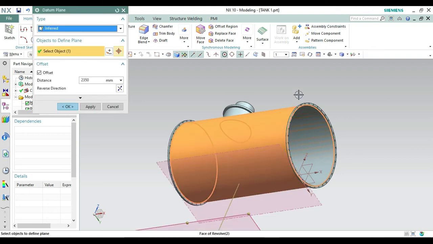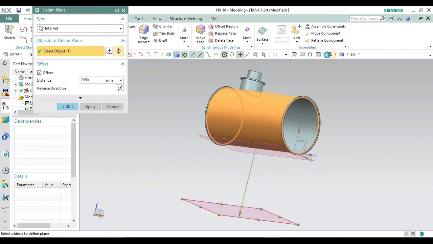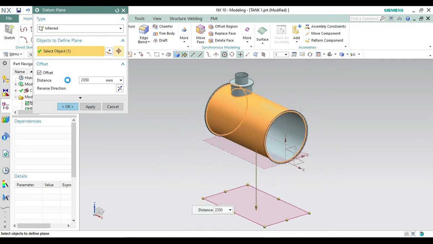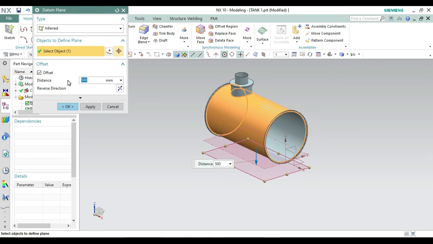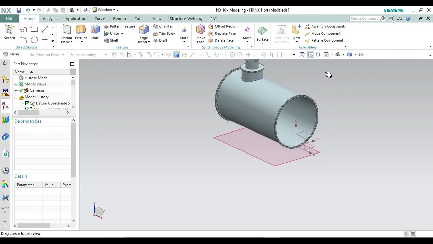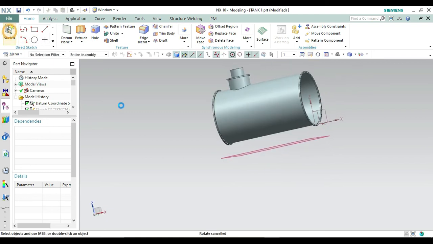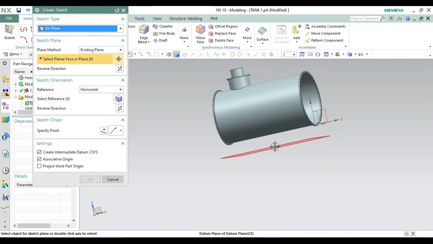The dimension given is from the center, so we have to adjust it by subtracting from the 1000. Let's make 500 and make it okay from here. Let's see if it is at the center.